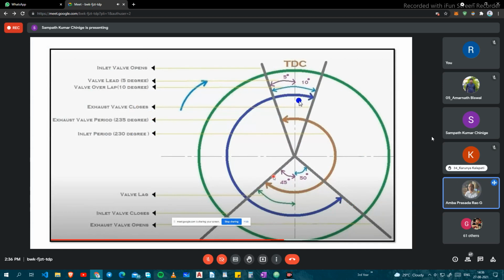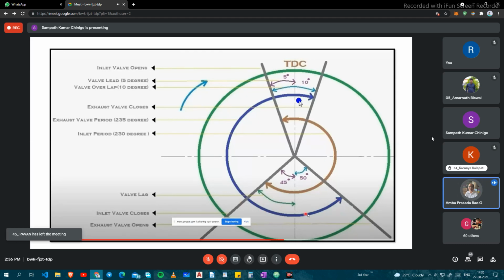Now for the fuel injection period, from fuel injection beginning to fuel injection ending. This is typically 5 degrees, 10 degrees, 15 degrees, during which the fuel injection begins and commences. So your actual expansion stroke starts here.